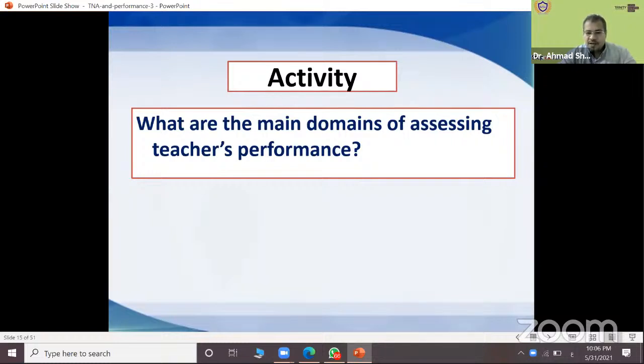Preparation, performance, interaction, knowledge, yes, Mrs. Manal and Mr. Khairi, good. Mrs. Manal also said personality. Okay, good. Who else can add something? Yeah, Mr. Khairi also said class control. So here, Mr. Khairi is very active.